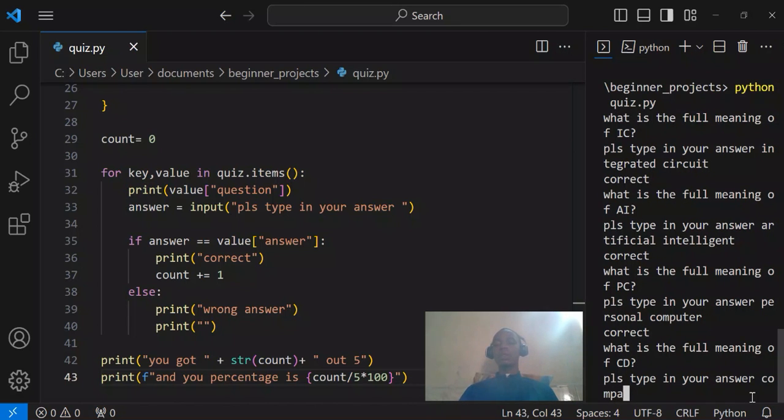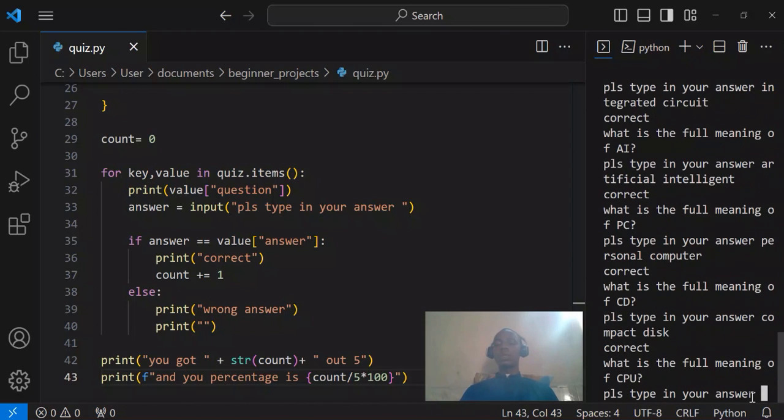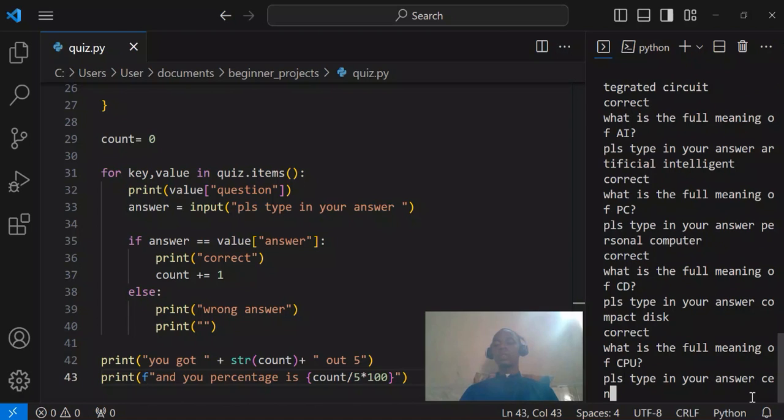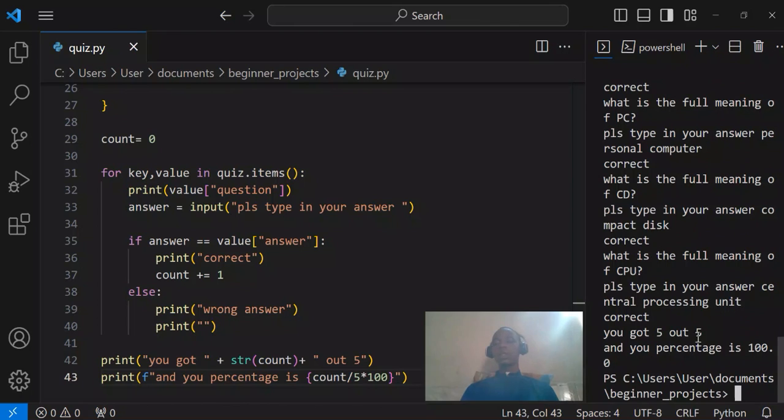Compact disk. Correct. What is the full meaning of CPU? Central processing unit. I think I got it. Yes, I got 5 out of 5, and your percentage, I made a mistake here, and your percentage is 100%